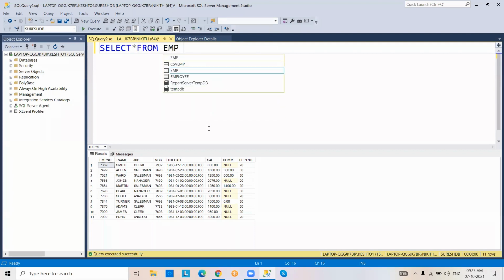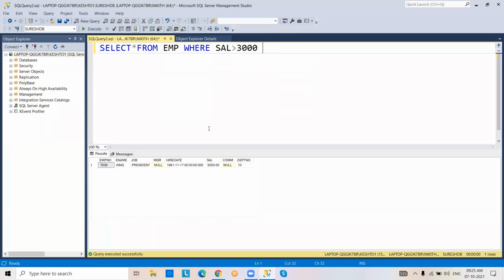Select star from employee where salary greater than 3,000. Okay, na? What happened? Only greater than 3,000 salary data retrieved. Right? Okay.